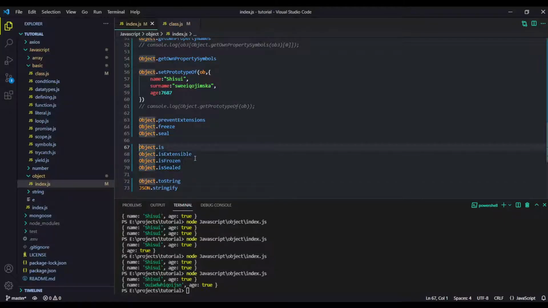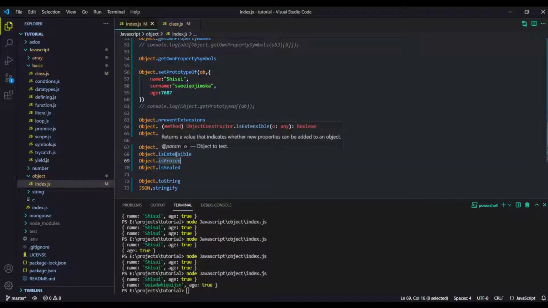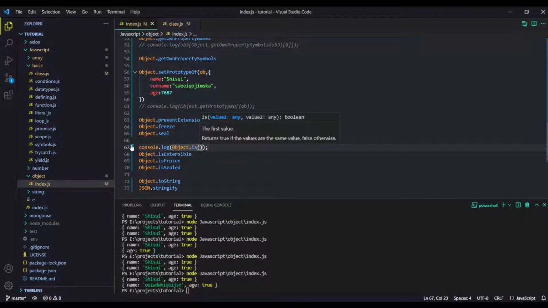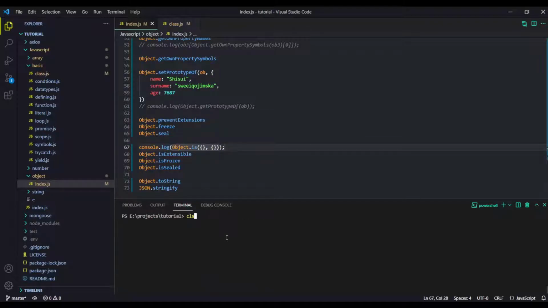They are pretty much easy to understand, so I'm not really going to use all of them. The object.isSealed function will tell whether the object is sealed or not. The isFrozen one will check whether the object is frozen or not, and isExtensible will check if we can extend the thing or not. And the object.is function is a bit different. If I log this object.is, and we provide the same object a different time, it will say false. You know why? Because these things are not the same. They are different objects, created at different times. But if we provide the same object multiple times, you will see that it says true.